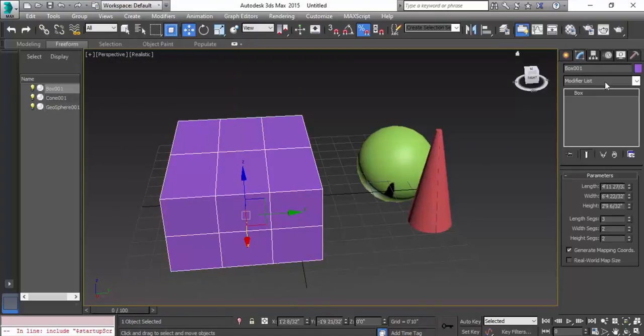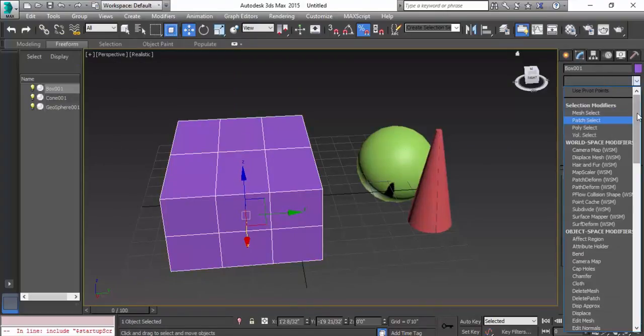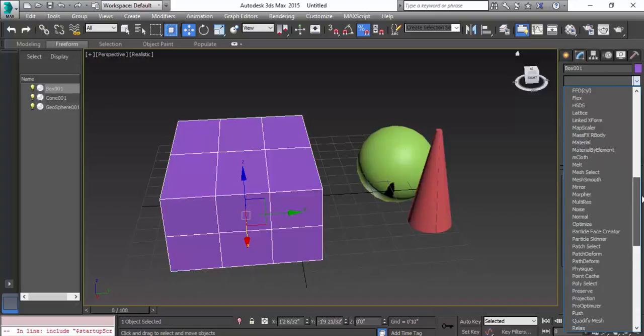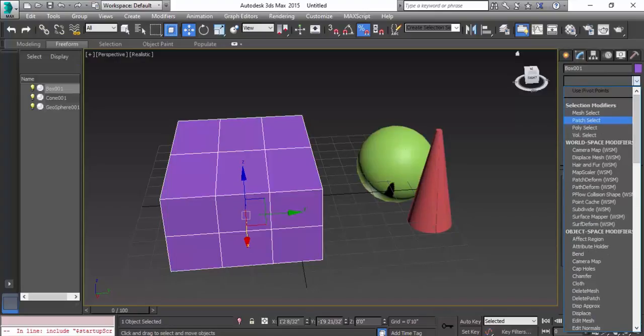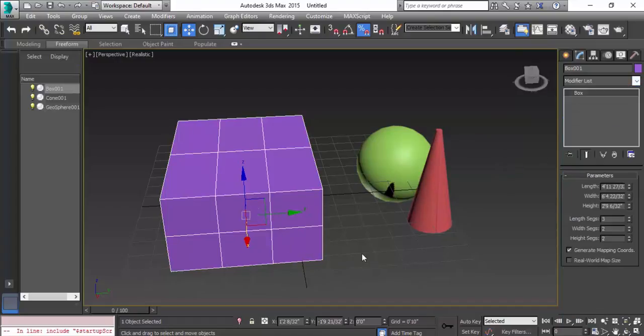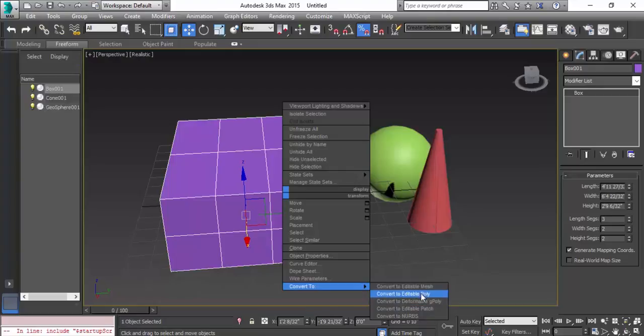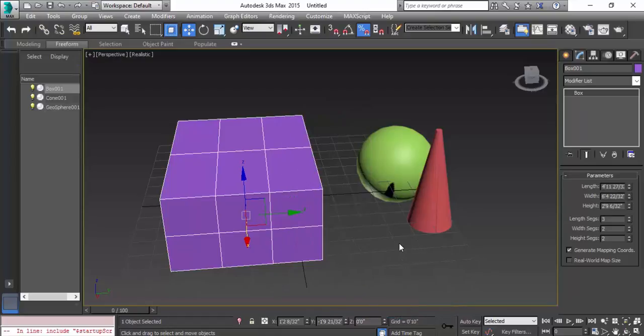go to modify, and we have multiple modifiers in the modifier list here. The modifier which we'll use every time to build an object is the edit poly. Editable poly we'll use for polygon modeling. NURBS we'll use for NURBS modeling, and we also have spline modeling. So we'll learn